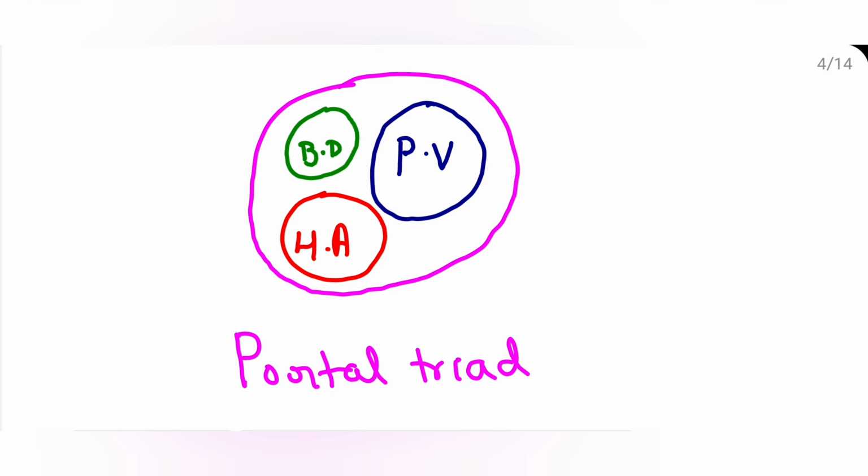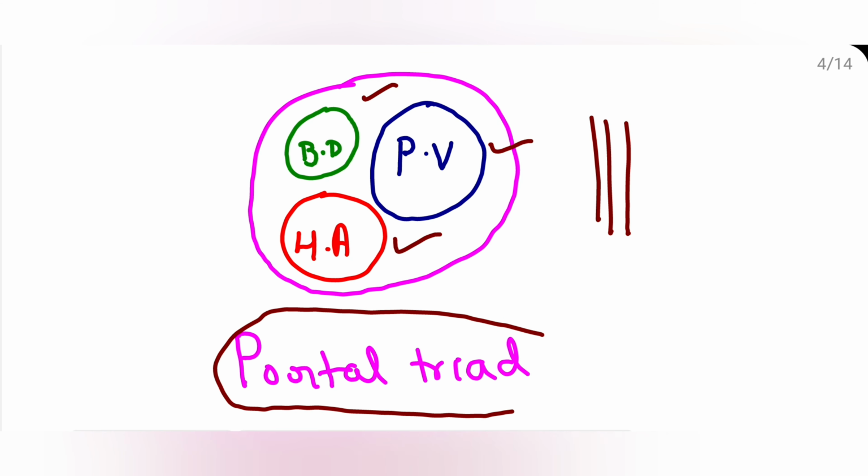Now they enter the inferior aspect of the liver through the porta hepatis. Within the liver, the branches of the portal vein, hepatic artery and bile ducts travel parallelly within the portal tract, ramifying variably through 17 to 20 orders of branches. So these bile ducts, portal vein and hepatic artery all travel parallelly in the portal tract. Now we know the composition of the portal triad.